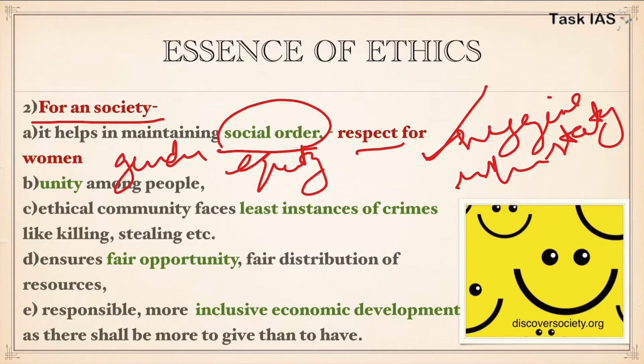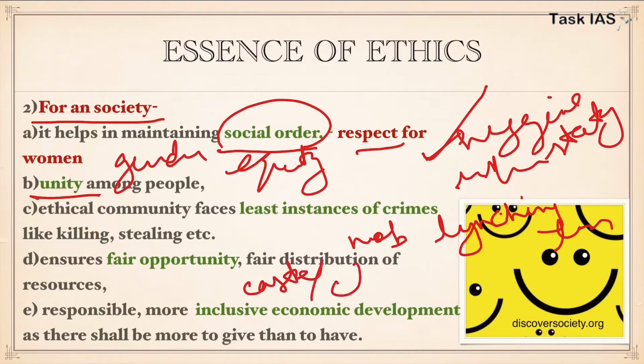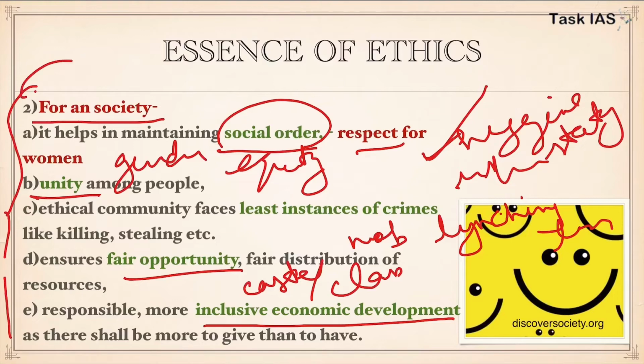If people are so peaceful, if they are respecting each other, then automatically unity and brotherhood will be higher in that society. Similarly, crime cases will be less in society and the cases of mob lynching or communalization will be less. And everyone, whether he is from lower caste or higher caste or lower class, everyone will be given equal opportunity to develop his excellence. So an inclusive development in our society will happen, and all these points you can write in your vision of making new India